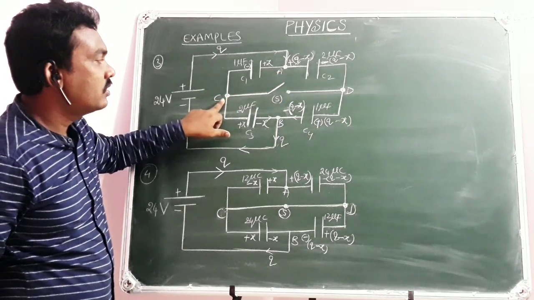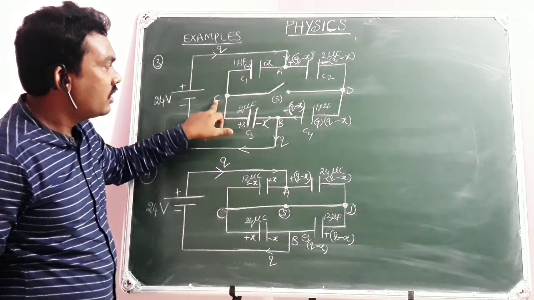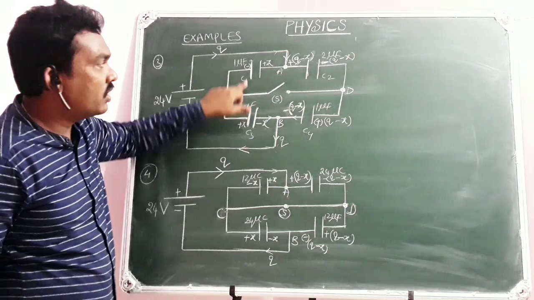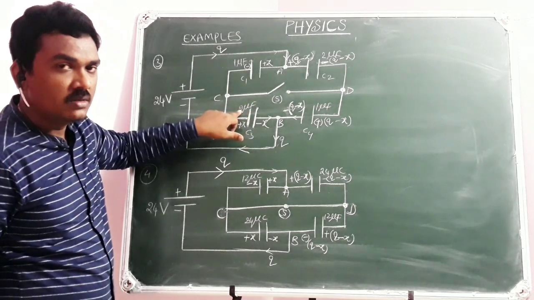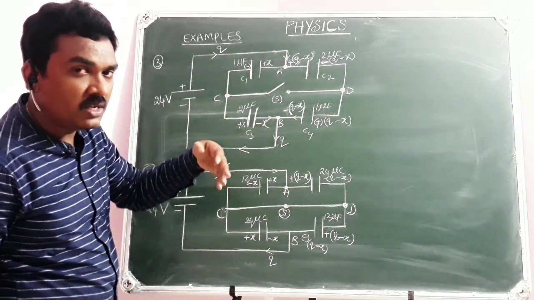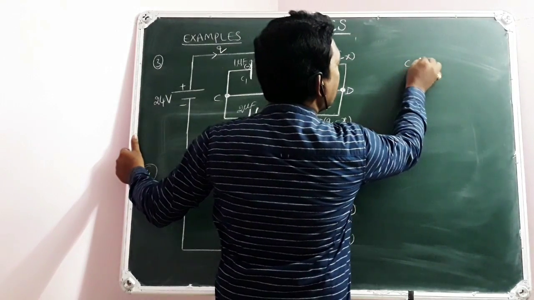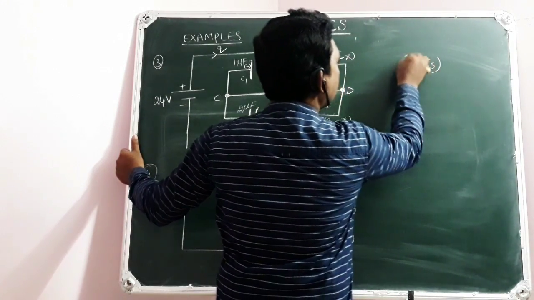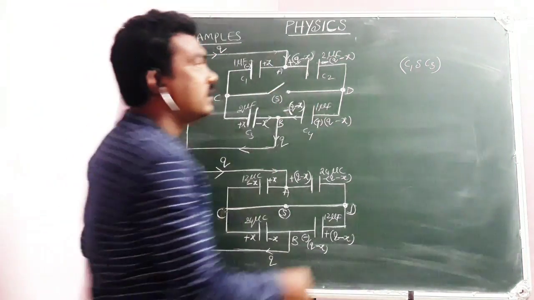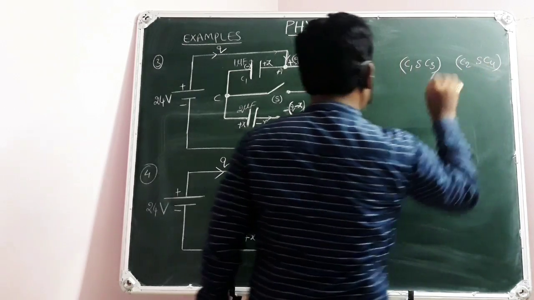Have you observed? C3 is connected across DC. Of course, they are carrying the equal amount of charges. When two capacitors are connected so that the same amount of charge is carried on them, then they are said to be in series. And here, C1 and C3 are in series. Similarly, the charges on C2 and C4 are the same. That's why C2 and C4 are in series.